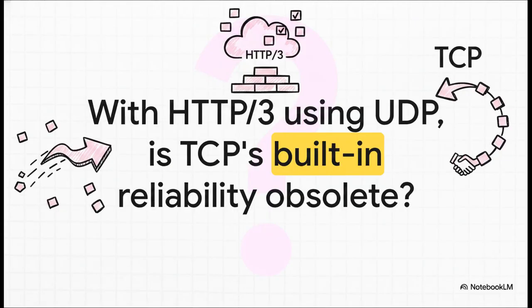And all this leaves us with a really fascinating question about the future, right? Because modern protocols like HTTP3 are actually being built on top of UDP. They're trying to get rid of some of TCP's old baggage. So, does that mean the era of built-in, one-size-fits-all reliability is ending? Are we moving into a world where every developer has to be a bit of a network engineer, building their own reliability from scratch for every single app? It really feels like the very foundation of the internet is starting to shift.